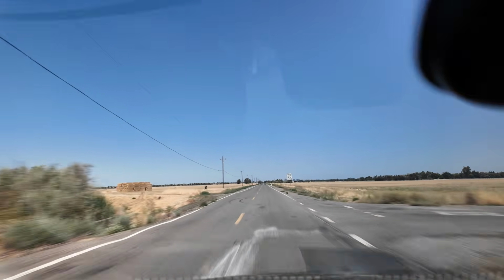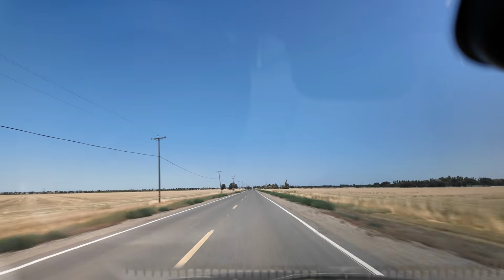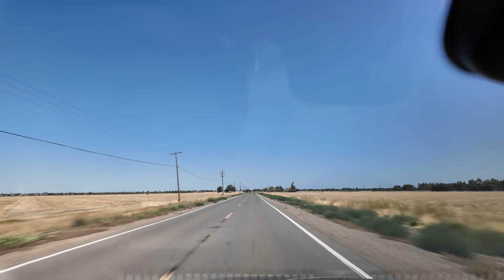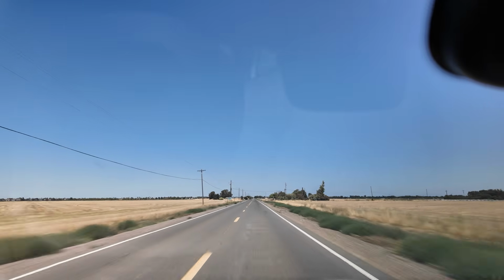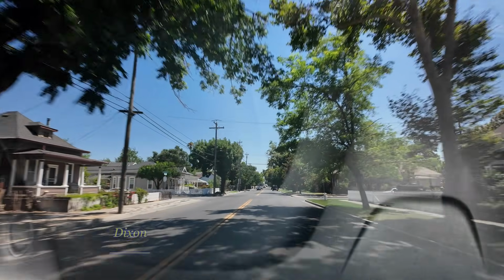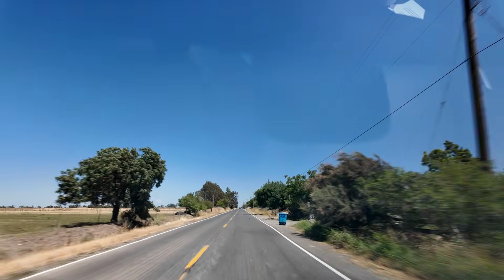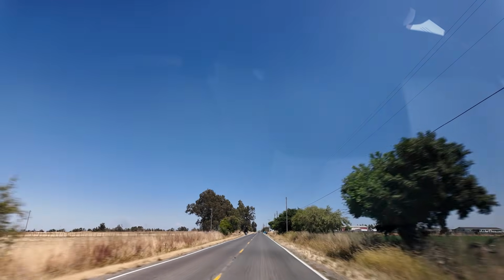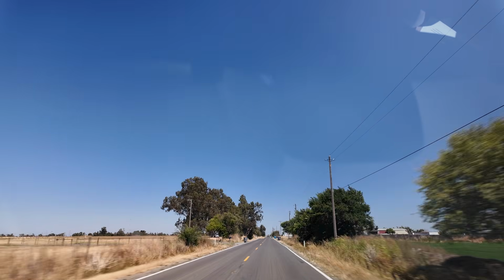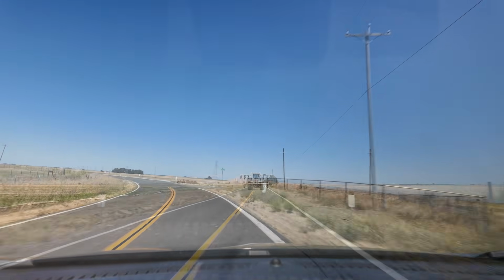So in the meantime, we are on our way back towards West Sacramento. We're going to get on I-80 for a moment and head south, and then we're going to get deep into the farmland and the northern delta. So here we go. All right, we are a little south of Dixon here off of Highway 113, and we're going to a place called Bunker. I just like the name of that, Bunker, and that is one big piece of farm equipment right there. Okay, guys,